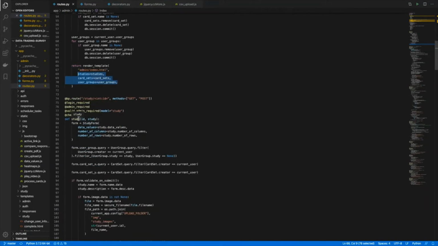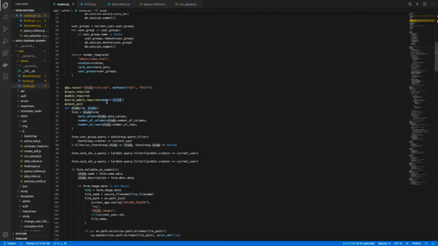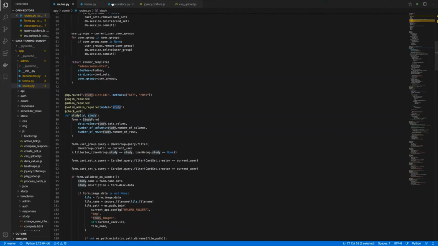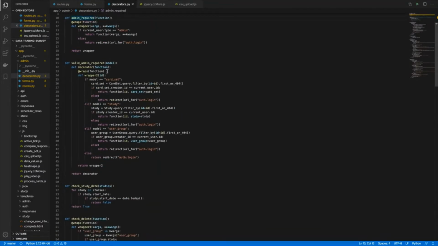Next, the study endpoint uses another decorator, the valid admin required decorator. This takes a parameter called model, and in this case it's a study. The parameter is set as a study because the endpoint we're accessing is related to a study. And now what this decorator does is, based upon the model parameter, so in this case the study,